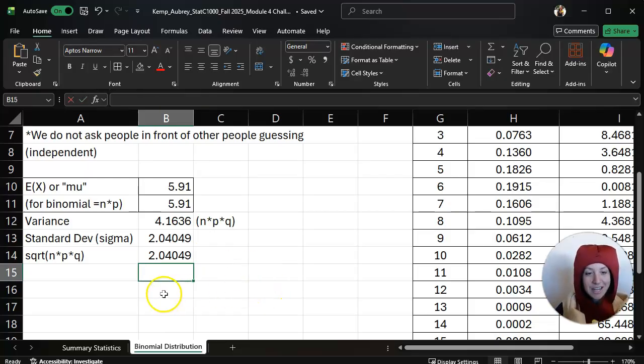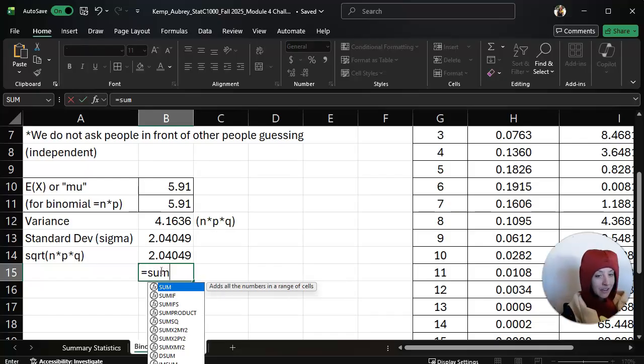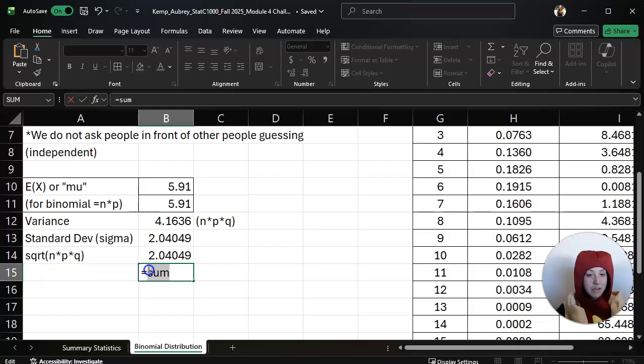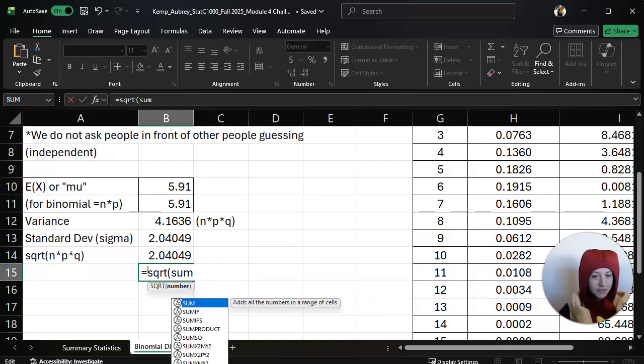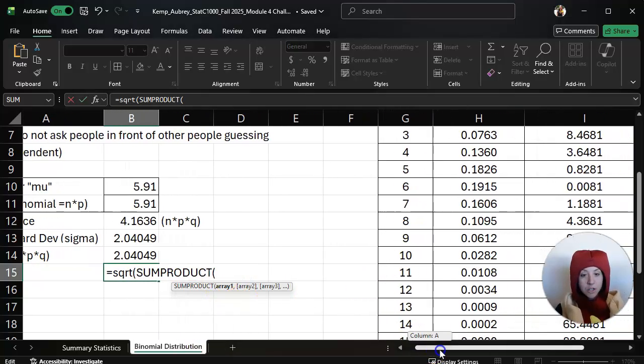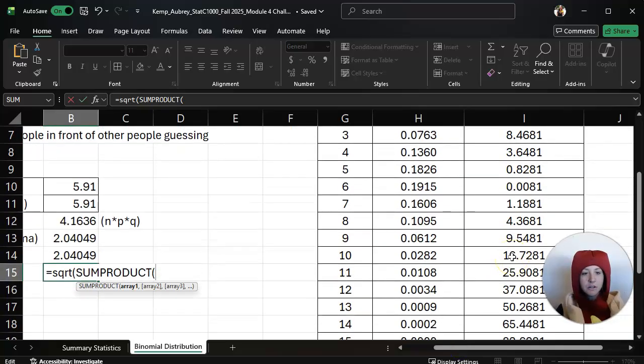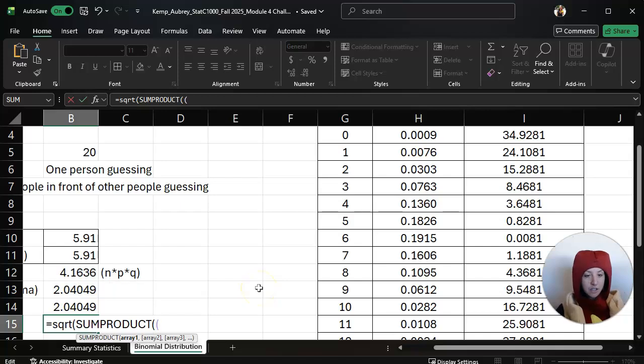So there's that. Okay. And then just because I have another minute, you can log off if you don't want to see how to do this in one cell. In fact, I don't know that I've ever actually tried to do this, but mentally I thought I could just now. So let me go for it. Let's see, we have to take the square root. Y'all are watching me in real time now. We have to take the square root of the sum product. And what we're trying to do, I'm going to assume we didn't make this column. So we're looking for the square root of the sum product of,